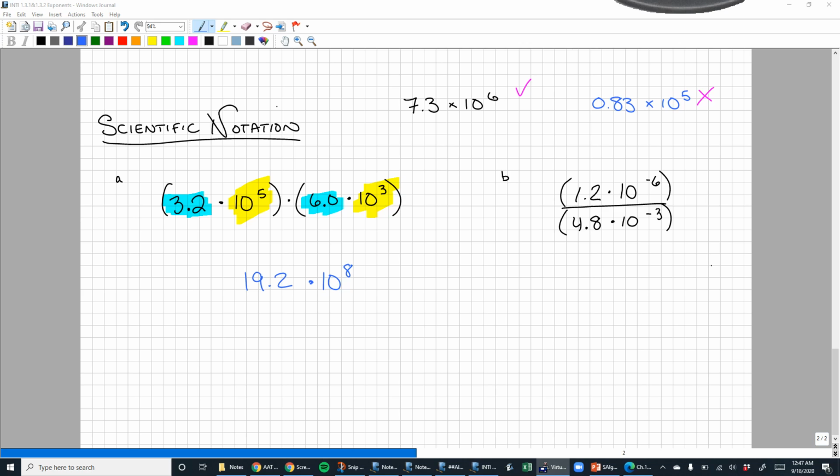Even though that's a correct answer, it's not in scientific notation because I need to move this decimal point between the first and second digit because I need it between 1 and 10. When I do that, since I made the number smaller, I'm going to make the power bigger. And that's my answer. Last problem we have right here, same thing as before, numbers,